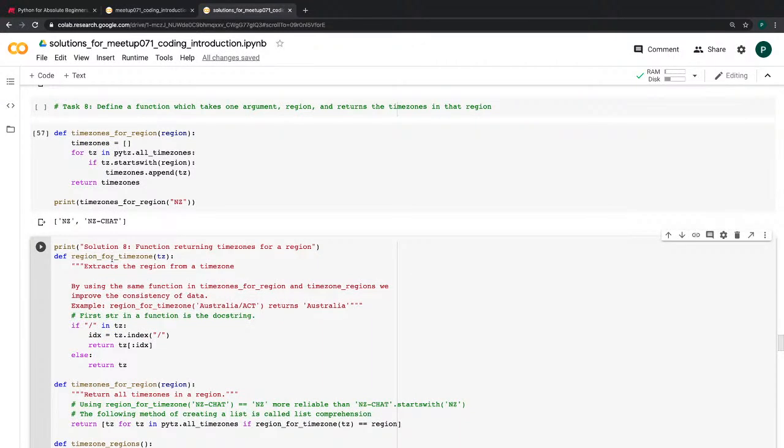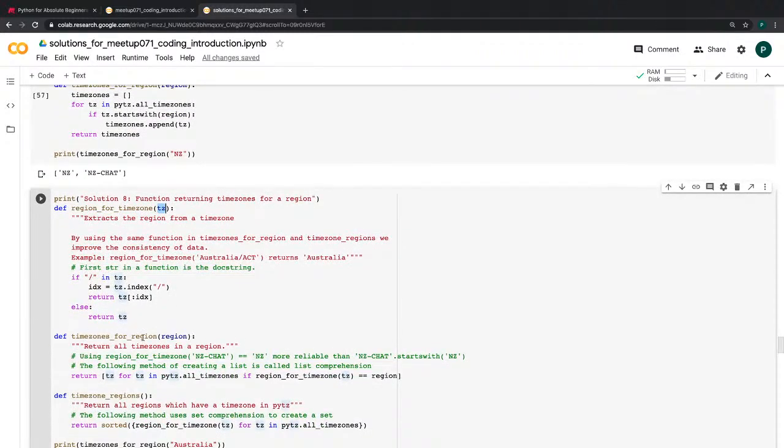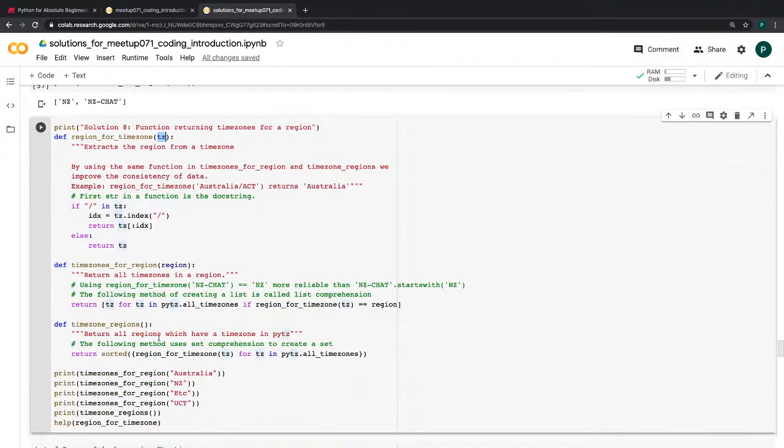So I've called that function region for time zone. Given a time zone, what is the region? It looks for the slash and finds all the text up to the slash. If there's no slash, it returns the full time zone. Then, when I want to find time zone regions, which was the function I had before, I can return sorted,